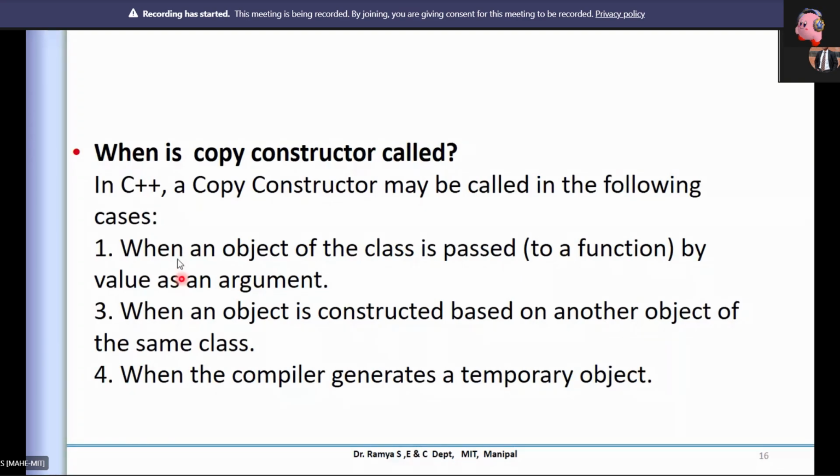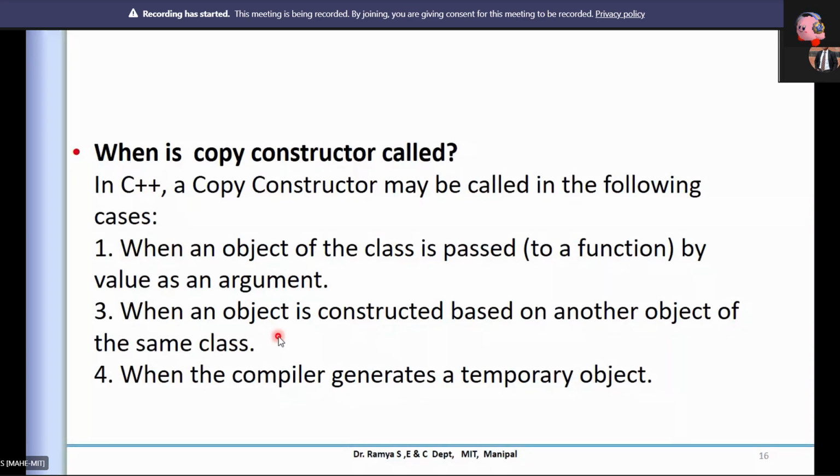Now, when an object is constructed based on another object of the same class, say for example in the previous questionnaire I put T2 is equal to T1, so two objects I can equalize. Ultimately I'm trying to make them equal. How you make integer A equal to integer B, I can make object A equal to another object of the same class.